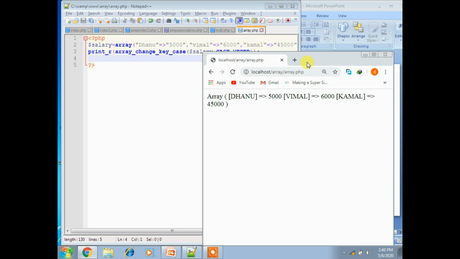And now we'll see what is the difference between print_r and echo. Echo is intended for scalar values. print_r prints human readable information about a variable. While echo is used only for strings and just gives the value, print_r gives more information about the variable itself, such as the type of data and the elements in an array, if applicable. So that is the difference between echo and print_r. I am using print_r here for each and every array function.